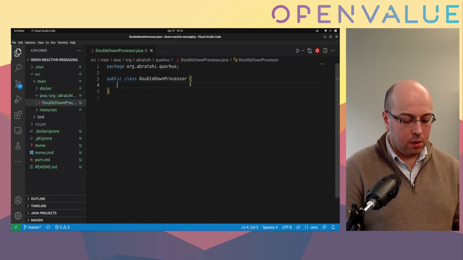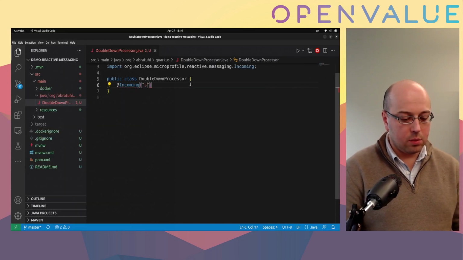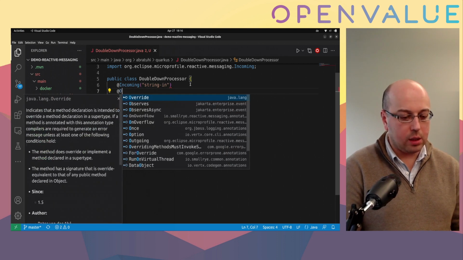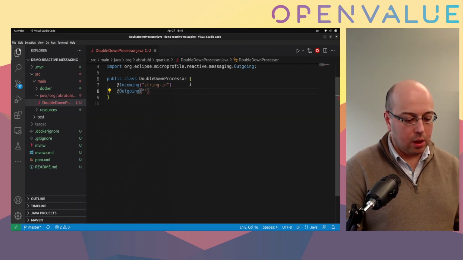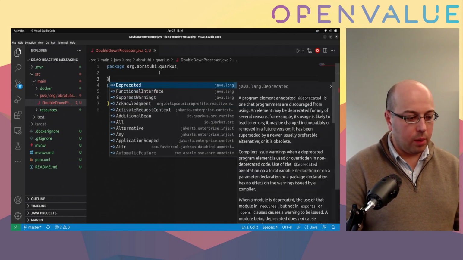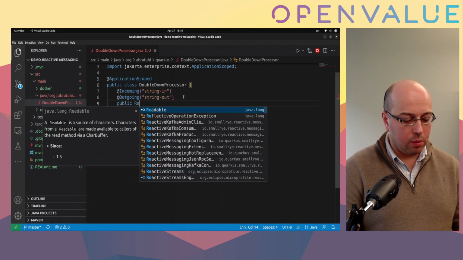Class, and it has an incoming string, which is a string in, and it has an outgoing, which is a string out. I will make it application scoped, and then we'll produce a record